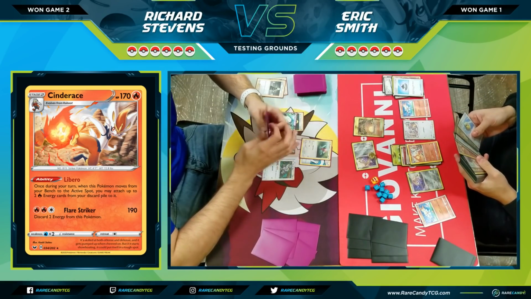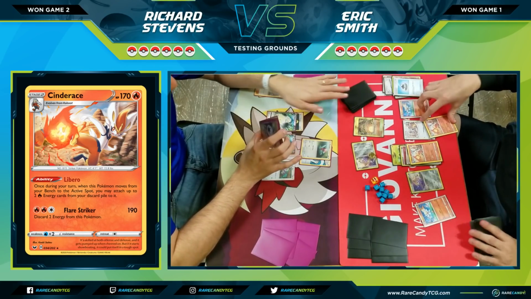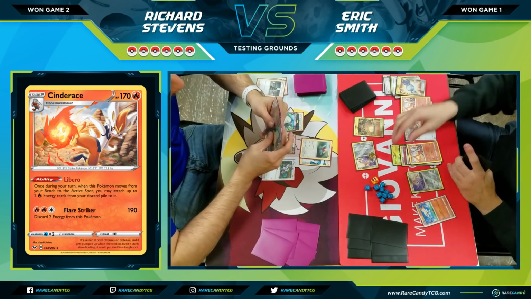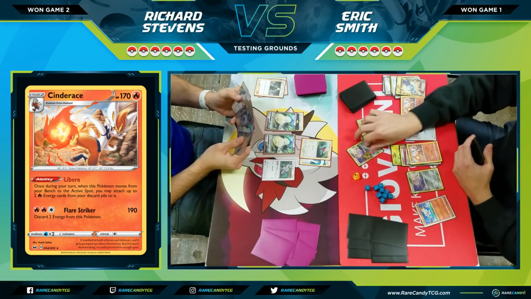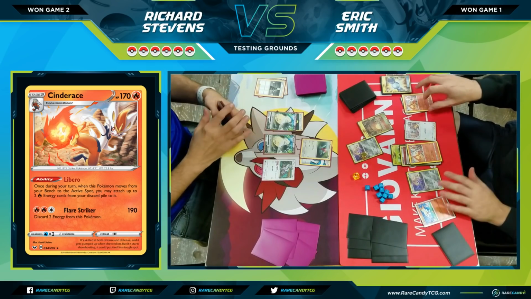So this would have been, I think, a really huge turn, being able to knock out this Porygon if I was able to do so. So I'm going to get down another Rare Candy Cinderace. I'm still having a decent turn despite not attacking. Setting up pretty well, but I think it would have been huge to knock out this Porygon, taking away Richard's